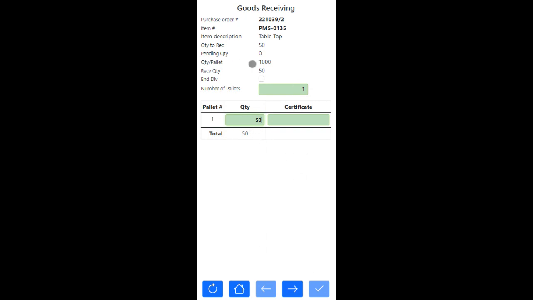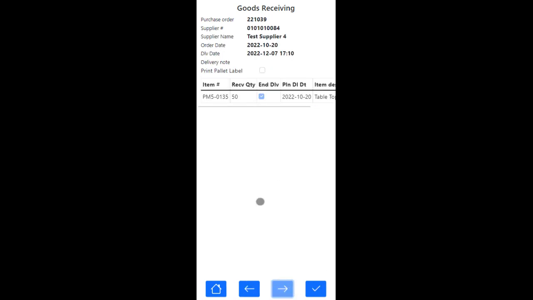Since we have only one item here, when you click on the next button, we'll see the summary page. Here, as I already mentioned, since the total quantity was equal to the received quantity, the end delivery checkbox will be selected by default. Then we have another important parameter, print parent label. It is a parameter setting in the desktop application. If it is selected, then a scheduler will take the pallet for printing after the successful goods receipt process. Now let's click on confirm